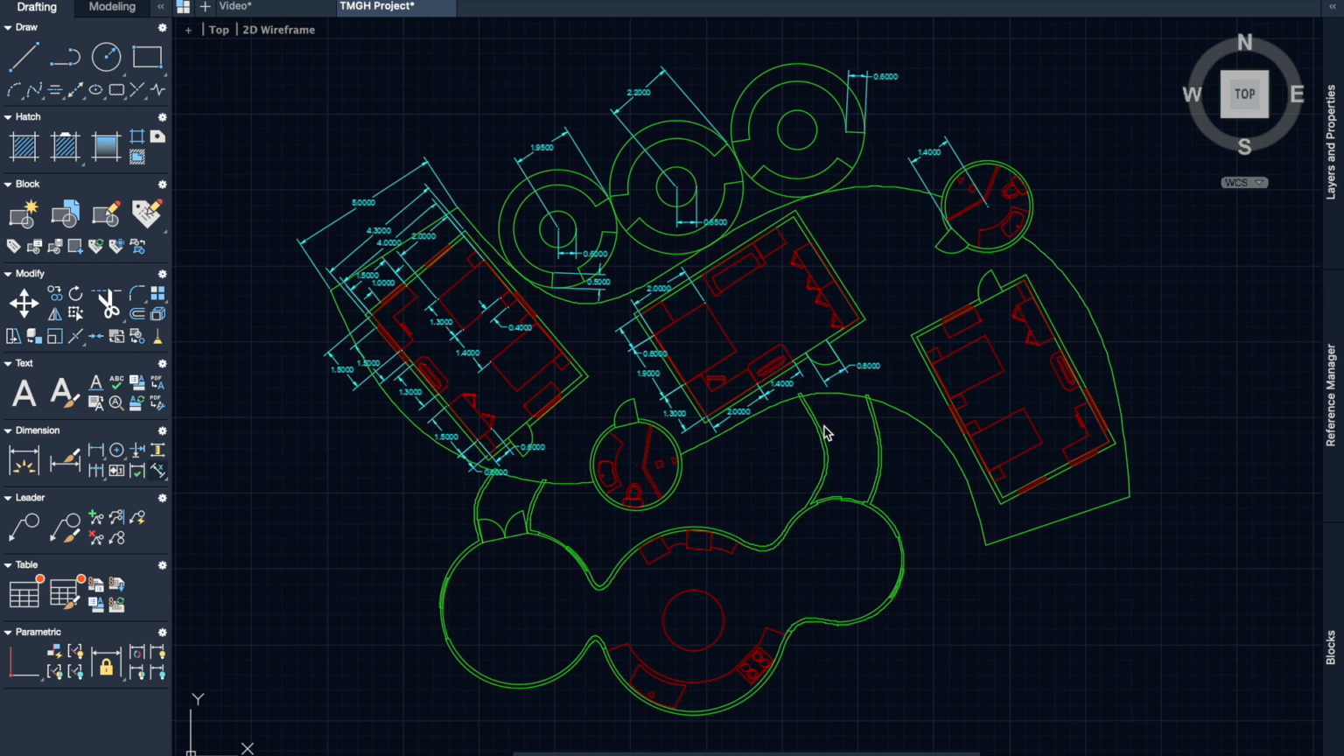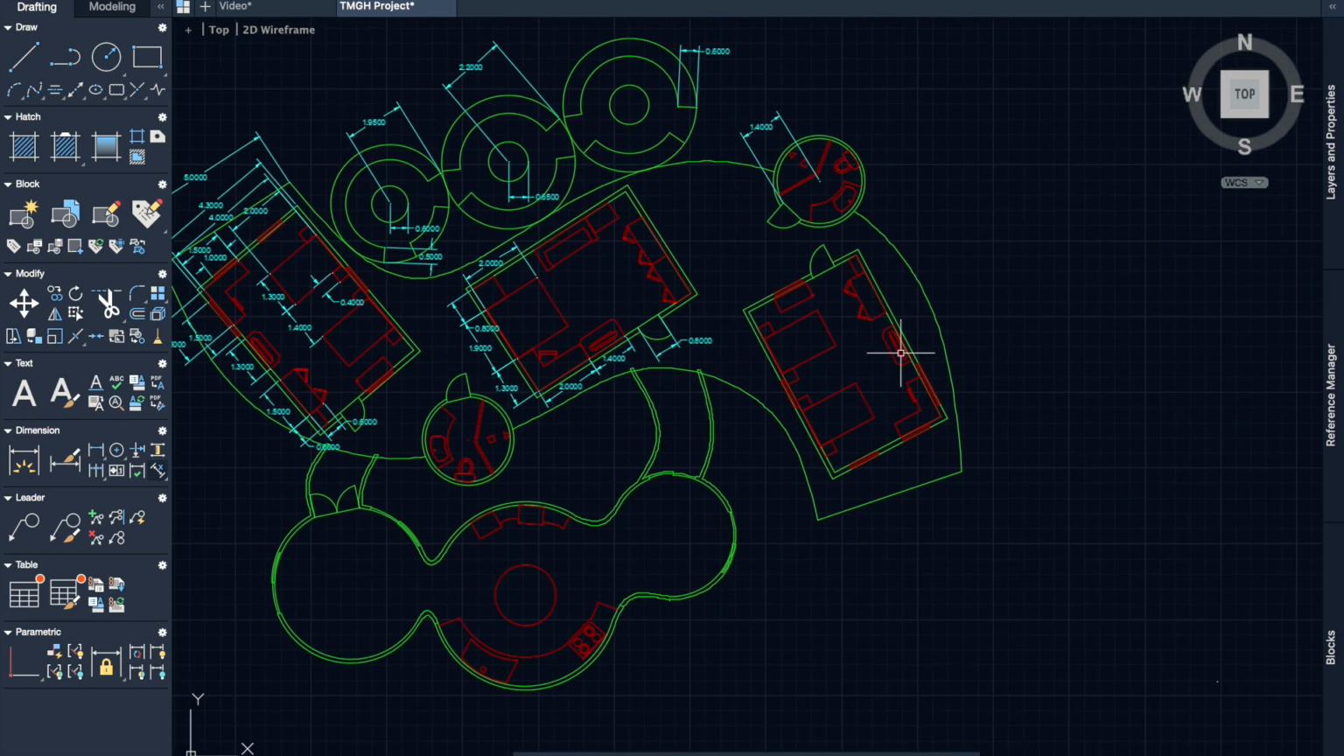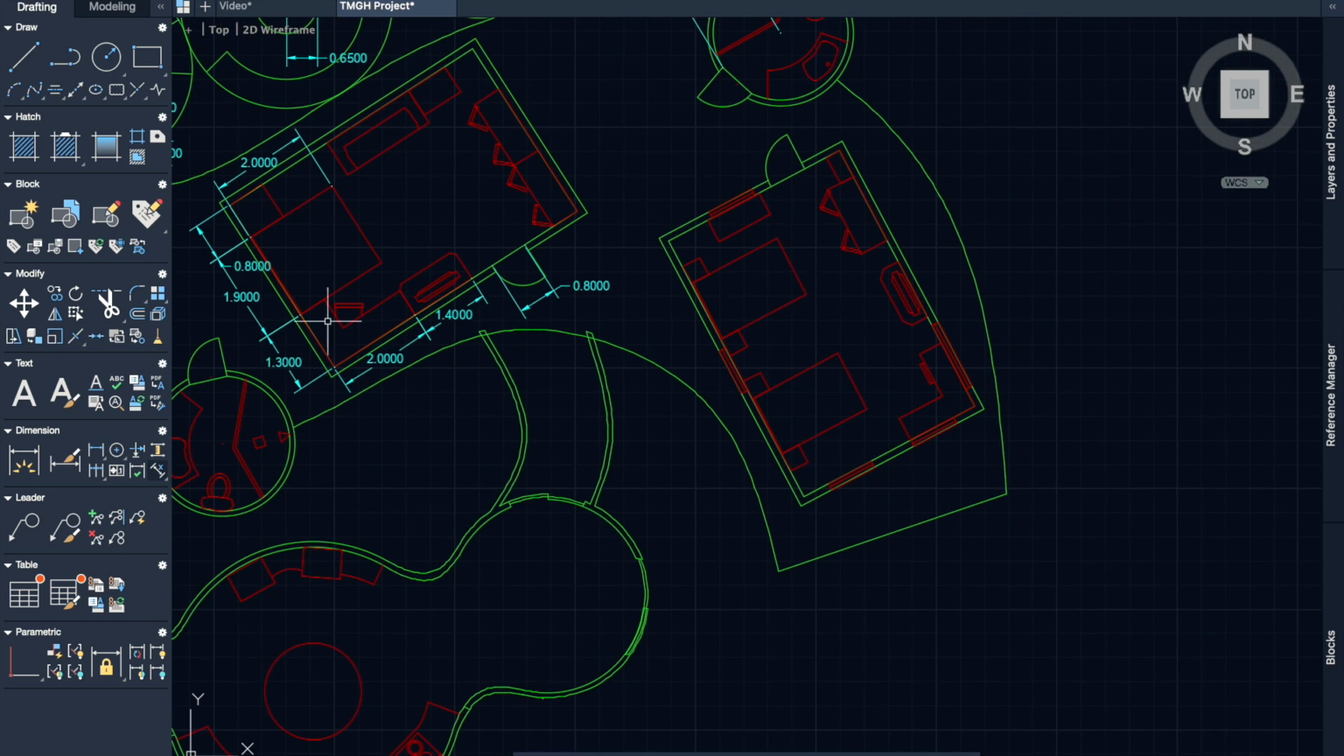So here we have a complete building floor plan, and as we can see, the top half here has already been dimensioned. So what we're going to do is finish the rest of the dimensions. First, we're going to focus on the corner of this living area. So by repeating the same process,